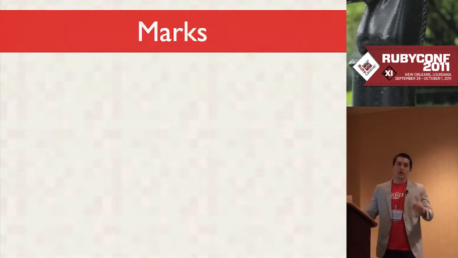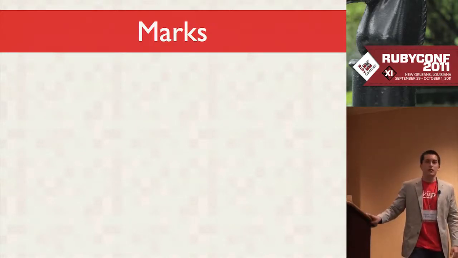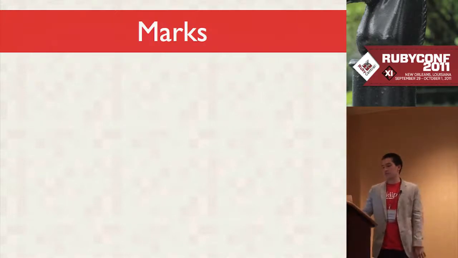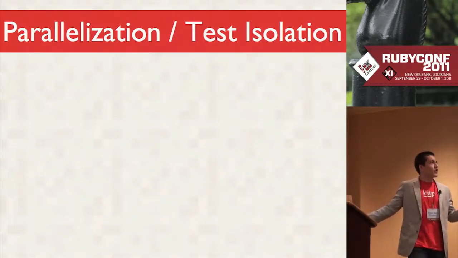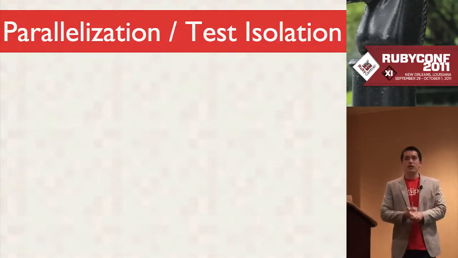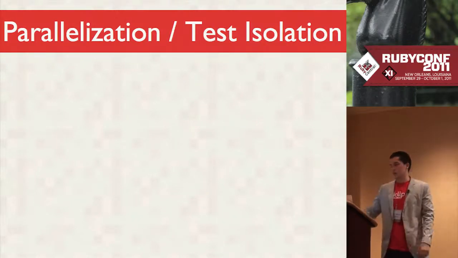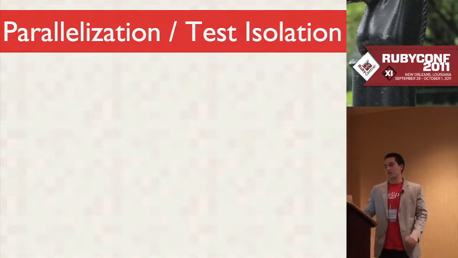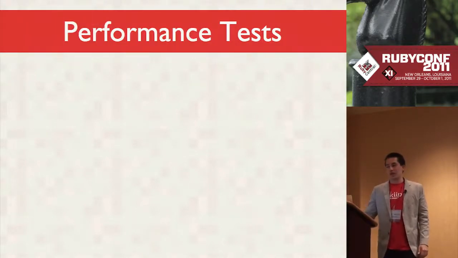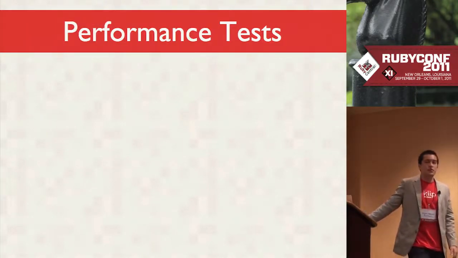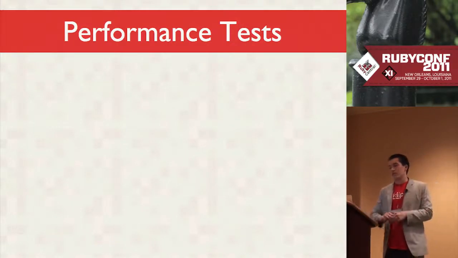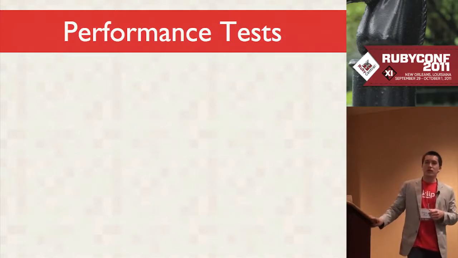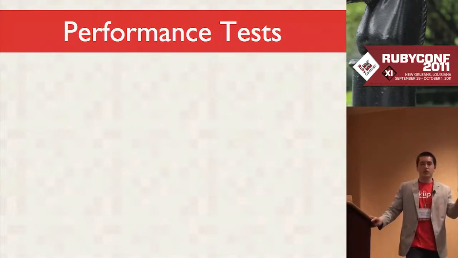Marks, they're really cool. I don't know if there's a good way to do them in Ruby, but there's a lot to be learned from them. Parallelization, test isolation. Try to move your state down into the test level and just flip a switch and start parallelizing. You'll get the biggest speed boost you could get. And performance tests. Performance is a feature of your code, at least in some regards. So you should start testing that you're getting the right performance out of your code, because if your site is taking 500 milliseconds to load, then you're going to start losing people, they're going to start dropping off.